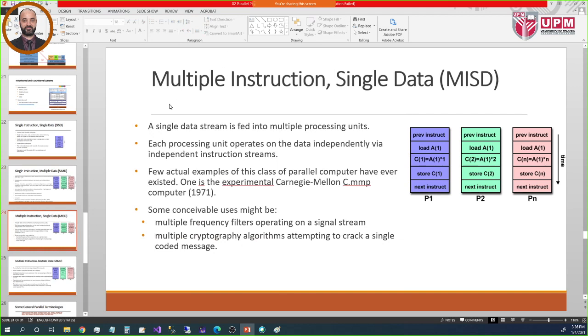Okay, then we come to the MISD. Actually, I already explained this before, that's why I'm going quickly through the slides. A single data stream is fed into multiple processing units. Each processing unit operates on the data independently via independent instruction streams. There are few actual examples of this class, because this one we say is theoretical, not practical. The only model that has really been built is this one,